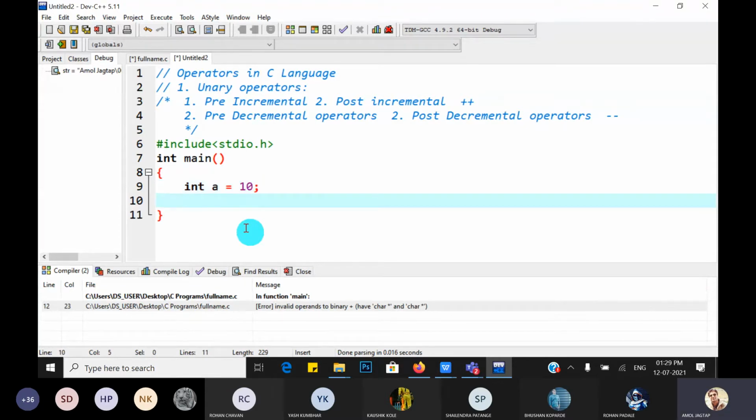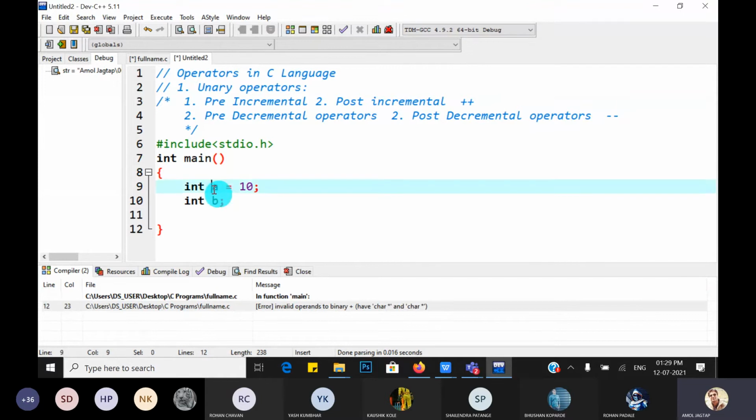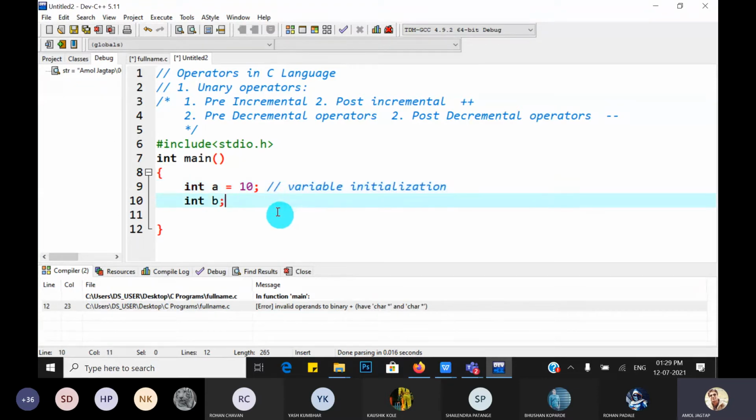Next, int b. So these are the two variables. A is initialized, having value 10. This is called variable initialization. And when we do not assign any value to the variable, it is called variable declaration.